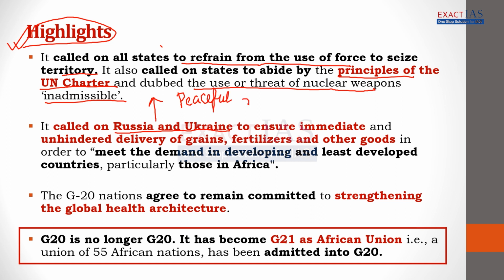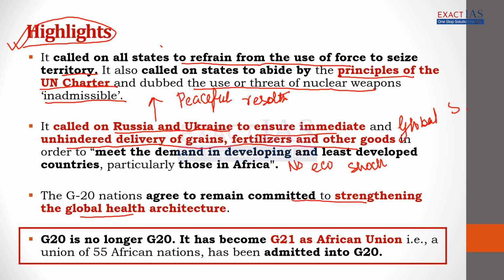They have also urged Russia and Ukraine to ensure uninterrupted immediate delivery of grain, fuel, fertilizers, etc., especially to the global south nations. This is to prevent any further economic shock due to the lack of food or energy security. Then the Delhi Declaration underlined India's push for One Health approach, which it has been doing for a long time. And it has committed itself to strengthening the global health architecture as well as supporting climate resilient and low carbon